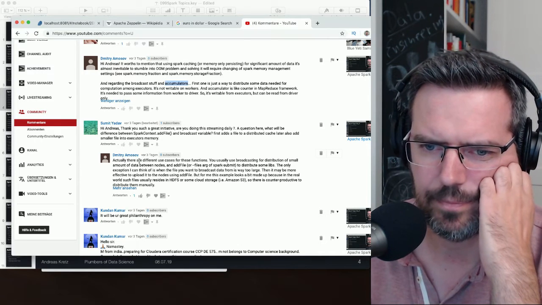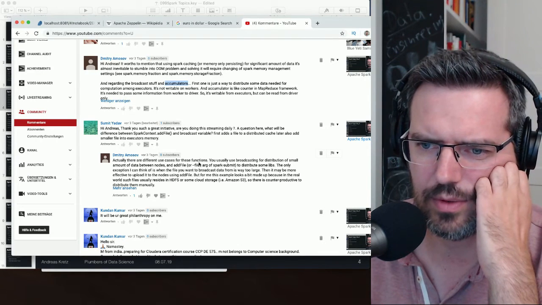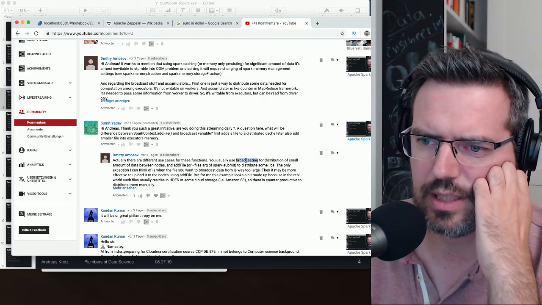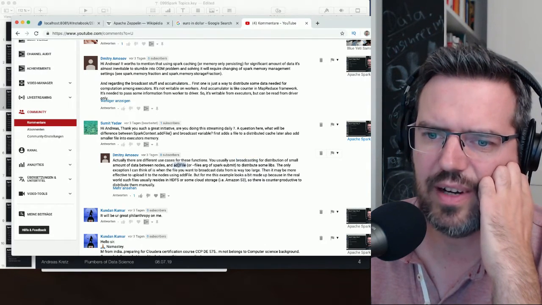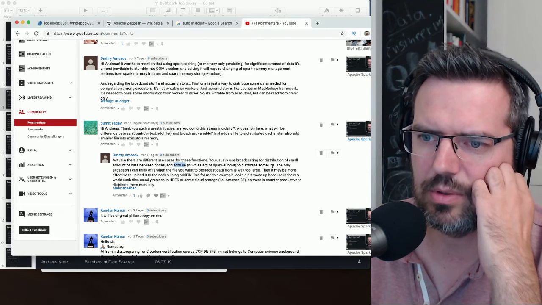Here, this one. Actually, there are different use cases for these functions. Usually use broadcasting for distribution of small amount of data between nodes, and add file to distribute some libs.